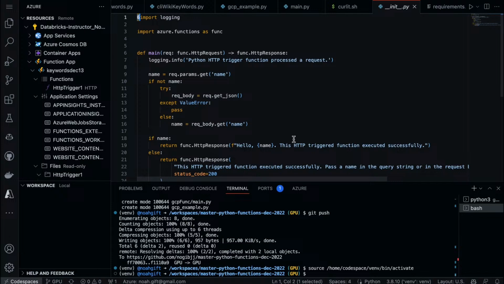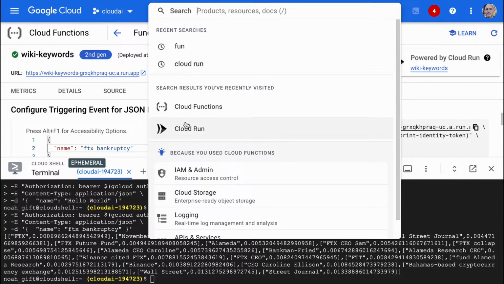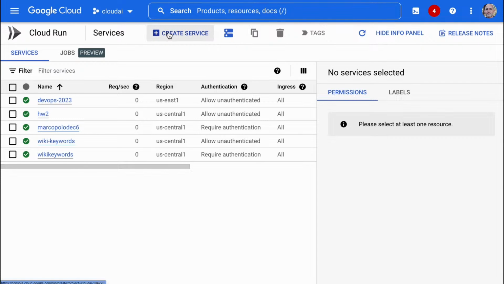One other thing that I'll show you that's similar to this, if we go back to the GCP cloud really quick, is that in addition to Cloud Functions, there's the next rev up, called Cloud Run. It's also kind of identical to this in that you can build out a containerized service that uses similar logic. There's a couple ways to do this.